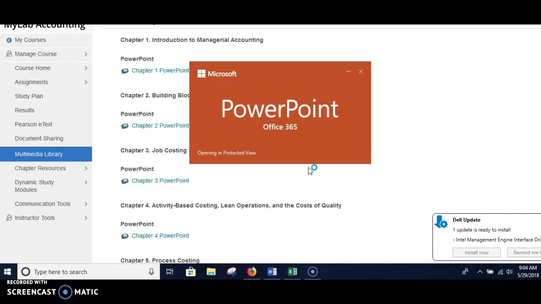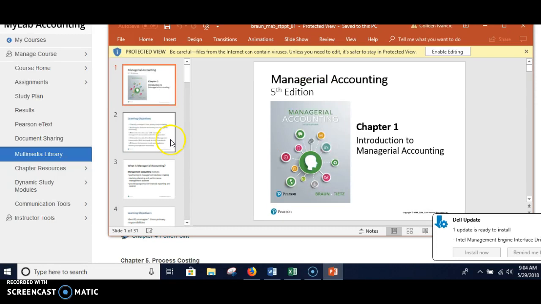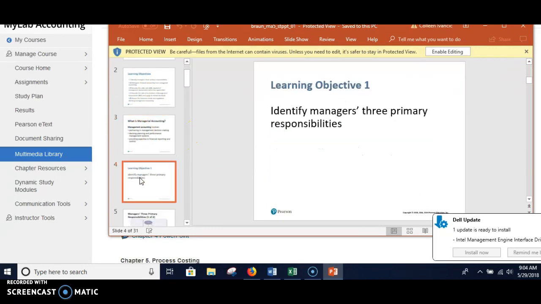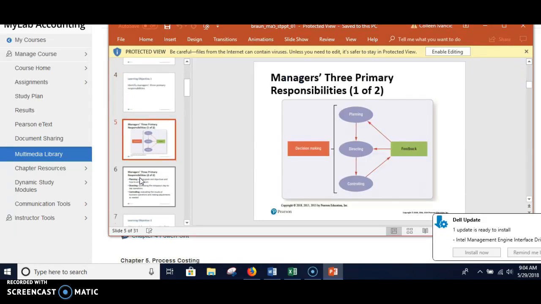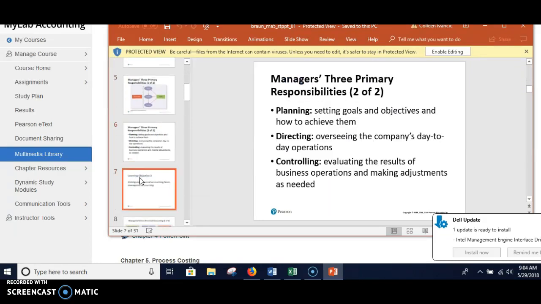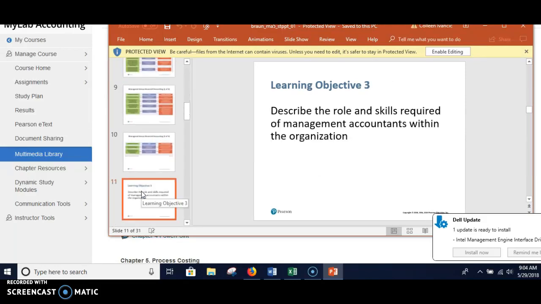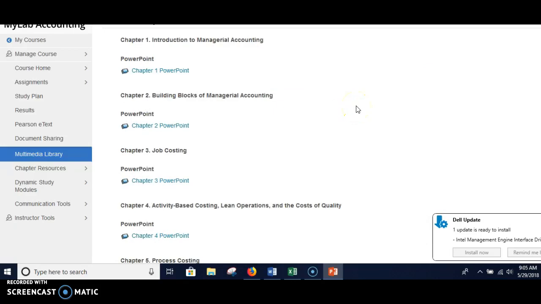So you can fill this in with the lecture notes that I've provided on D2L. I have videos on D2L, and then the different study tools here. So you can see here's the PowerPoint, and here's a lot of the definitions. This may be even helpful when you're going through and doing that vocab assignment for the first week. So those are some recommendations that I have that I think will